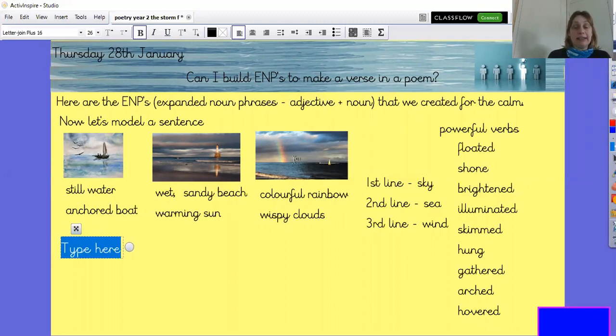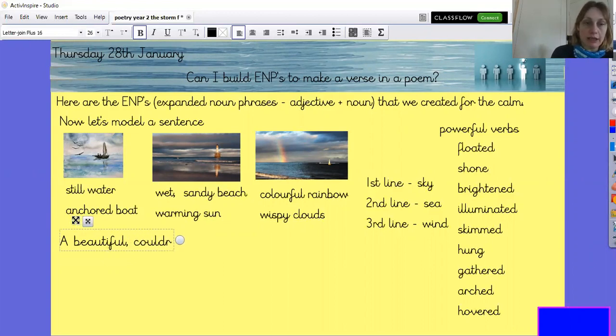I really liked this rainbow image, so I think I'm going to write something about the colourful rainbow and then it brightening the sky. So let's have a go at starting to type. So a beautiful colourful rainbow